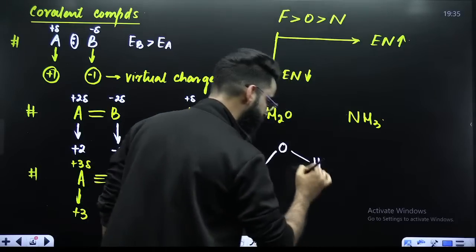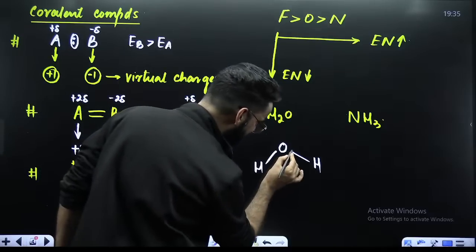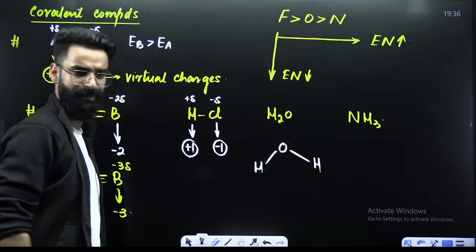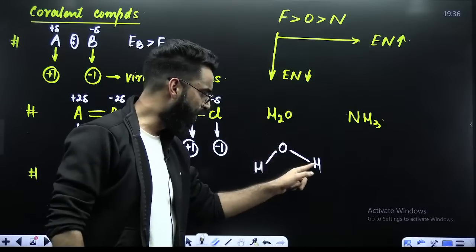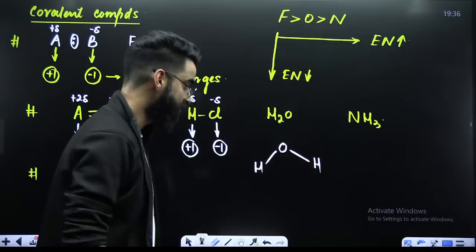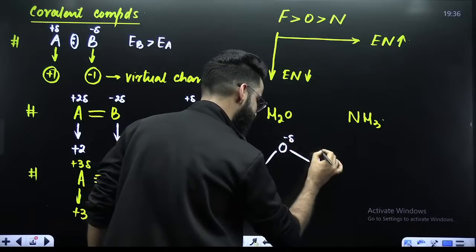This is your H2O. Now, my dear students, look at this particular bond. This particular bond is between oxygen and hydrogen. Now, which one is more electronegative? Oxygen. So this electron pair will be shifted towards oxygen, due to which oxygen gets delta negative,